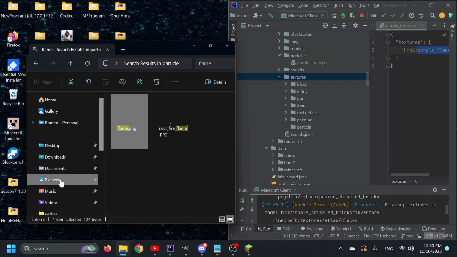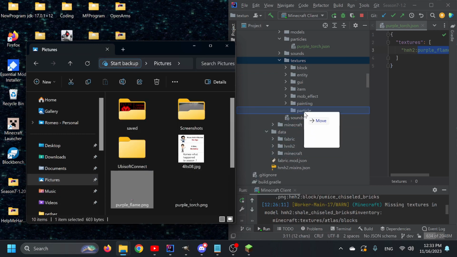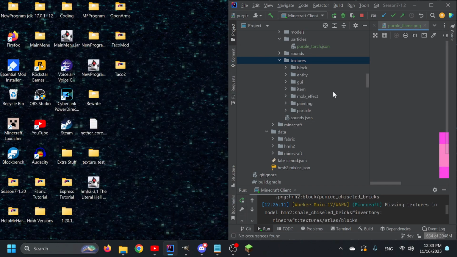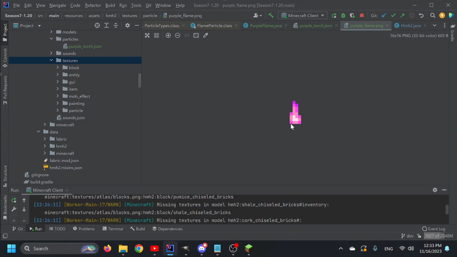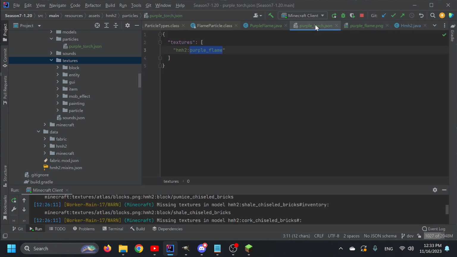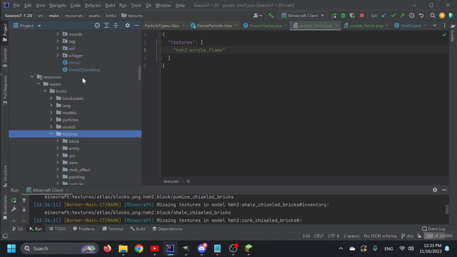And then we can go into our little pictures, purple flame, and then we're going to put this in our particle folder. Boop. And as long as it is called the same name that we have called it before in our purple torch, purple flame, perfect. The only thing that I think we're going to need to do now, because actually we already put it on the block,